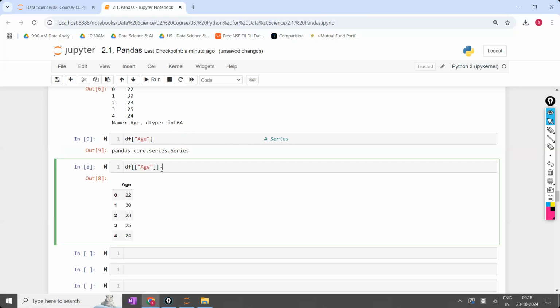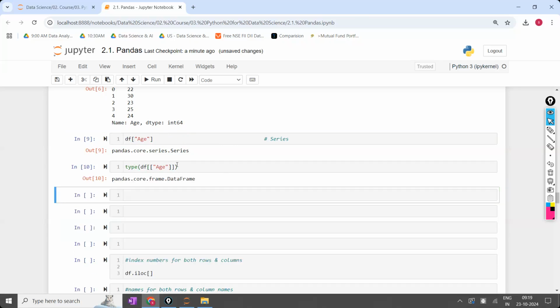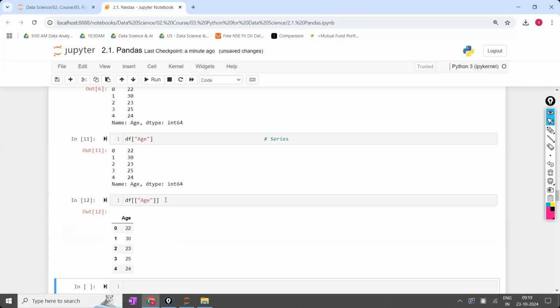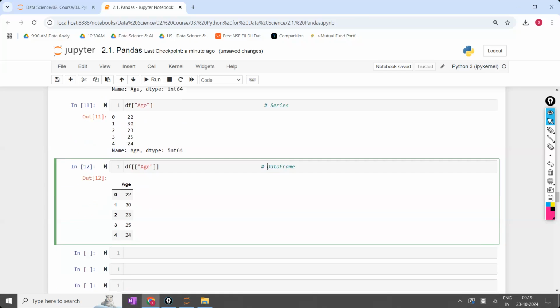Similarly, this one is a data frame. If you want, you can ask what the type of this one is also. Type of this. It is a data frame. One is a series and one is a data frame. So when you want to extract a single column, you can extract it either as a series or as a data frame. This is option number 2. Okay. Next,